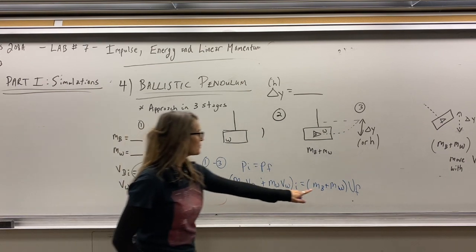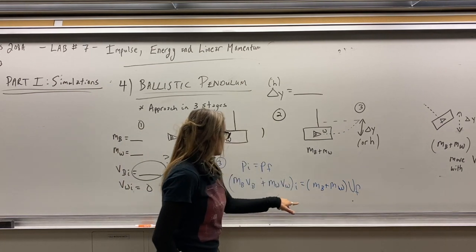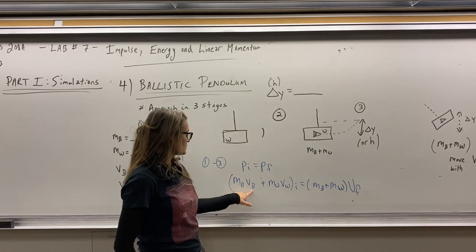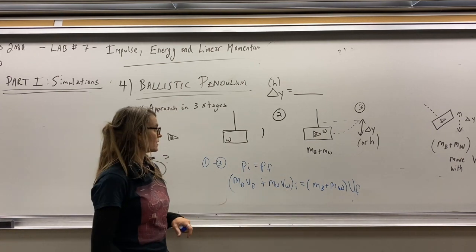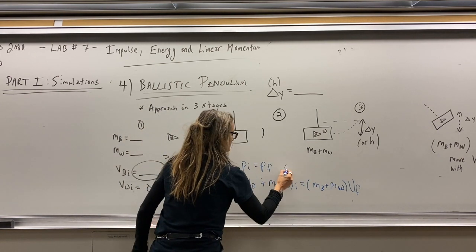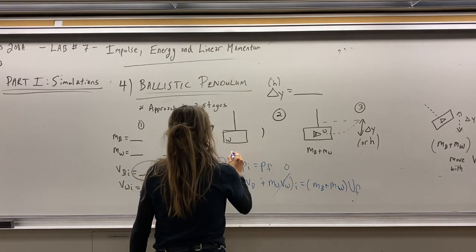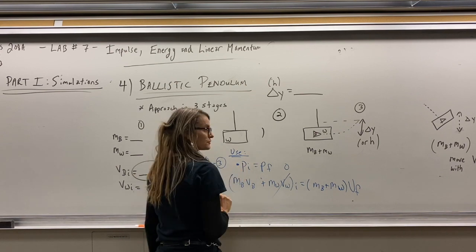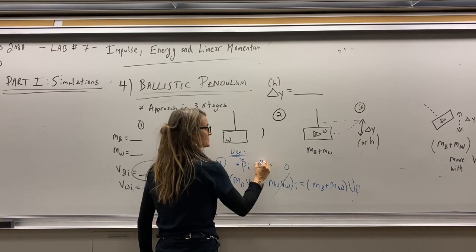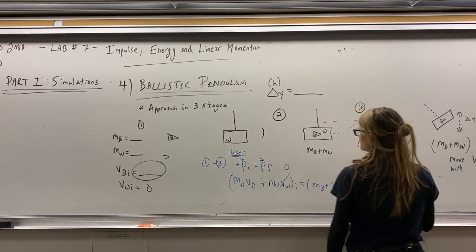Now we won't know what this final velocity is, and we don't know the initial velocity of the bullet. We do know that the wood block's initial velocity is 0, so that crosses out. So this should go to 0. Okay, so we're going to use conservation of linear momentum. Again, remember these are vectors. And number 2,